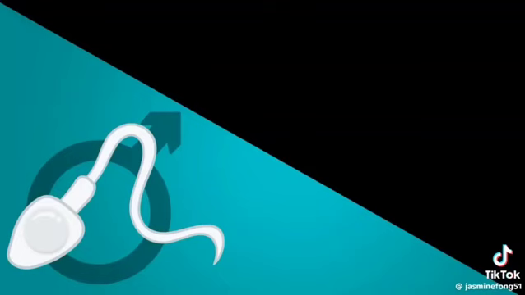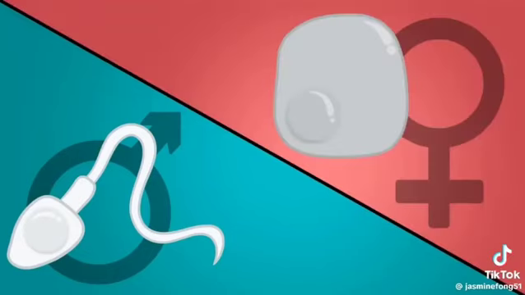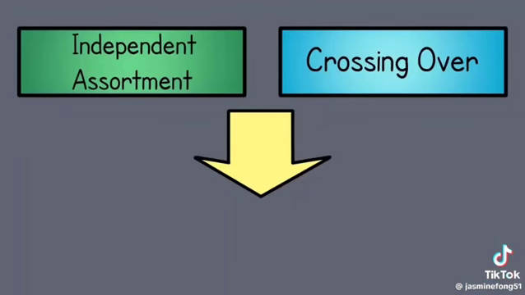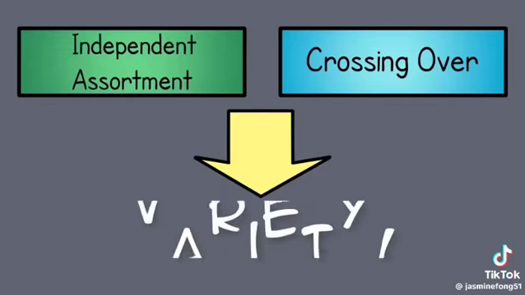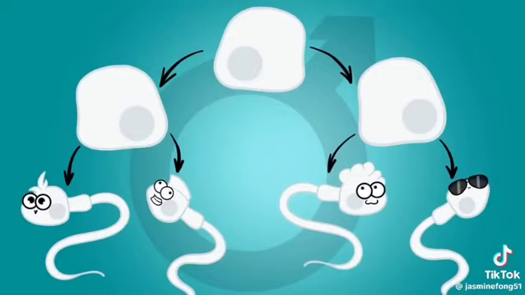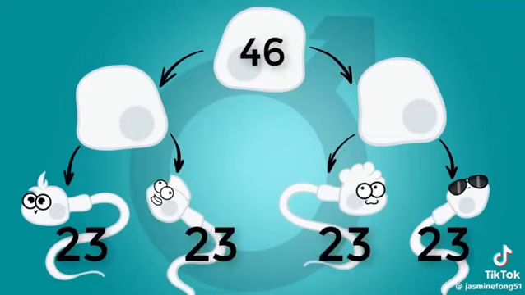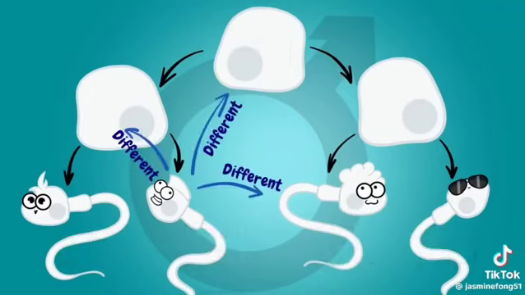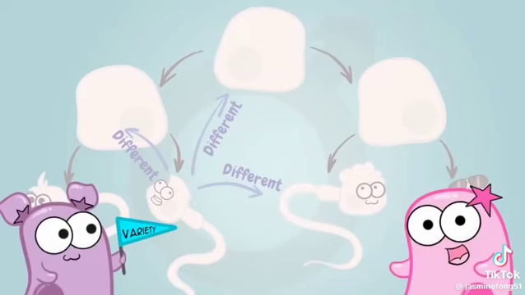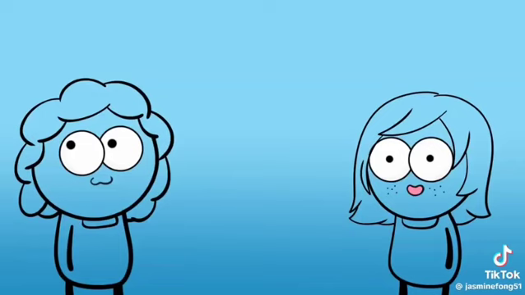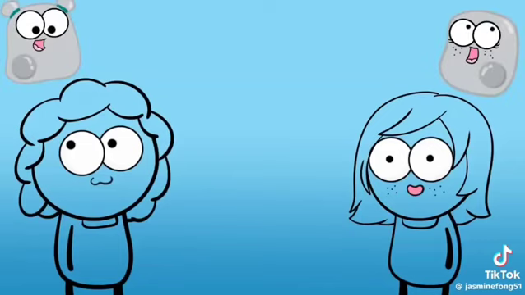Now, keep in mind that meiosis in males produces sperm cells, and in females it produces egg cells. Because of independent assortment and also crossing over, you're going to have variety. For example, in a male, the 4 sperm cells that are produced each time, they are all different from each other. They're also different from the starting cell because the starting cell had 46 chromosomes, and the ending cells only had 23. So they are not identical to the original, and they are not identical to each other. This is going to lead to variety, a reason why 2 siblings with the same parents can look different from each other. They still developed from a unique egg and a unique sperm cell that came